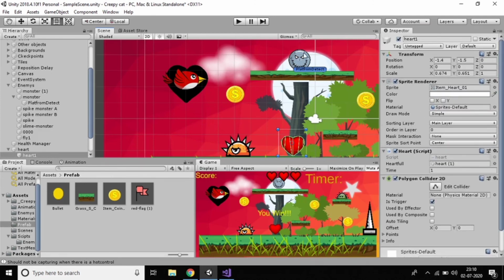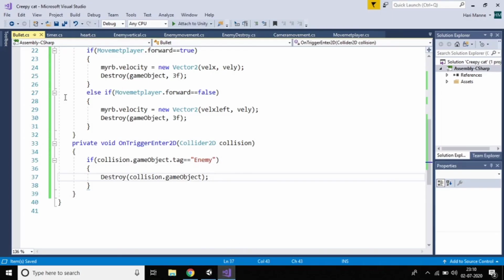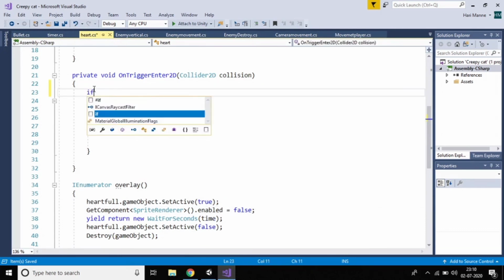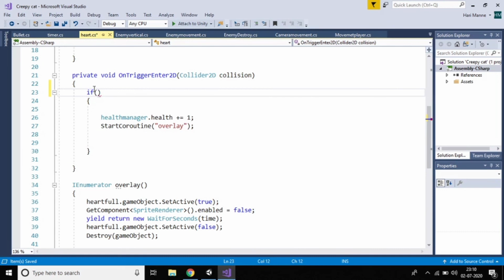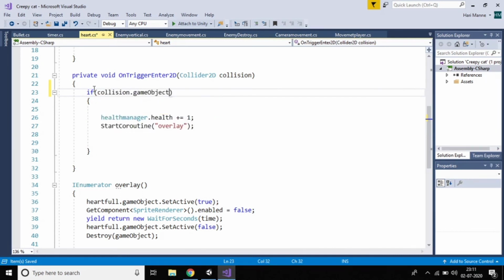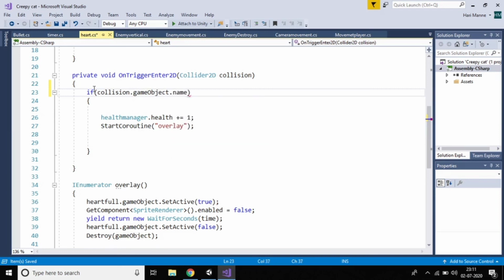So for that just go to the code. I think here we need to write an if condition. Just write collision dot gameObject dot name, you can equate with name. So name equal to player.